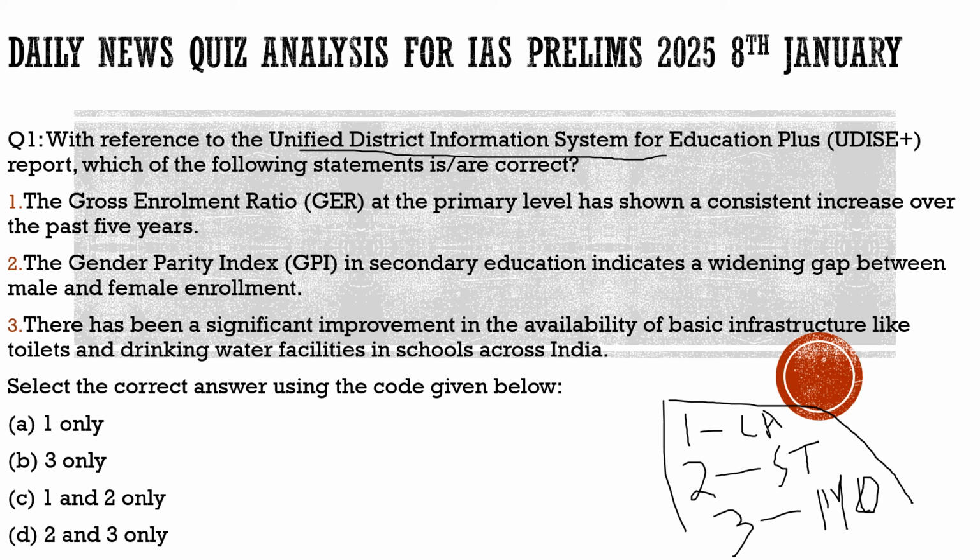Because there was a discussion in the newspaper about the dropout rate in different schools. We saw in our first discussion of this report how the enrollment rate has dropped in states like Bihar and Assam. The base year taken by this report is 2018-19. With respect to 2018-19, we saw that the dropout rate has increased, or we can say the enrollment rate has decreased in states like Bihar and Assam, and overall in India,